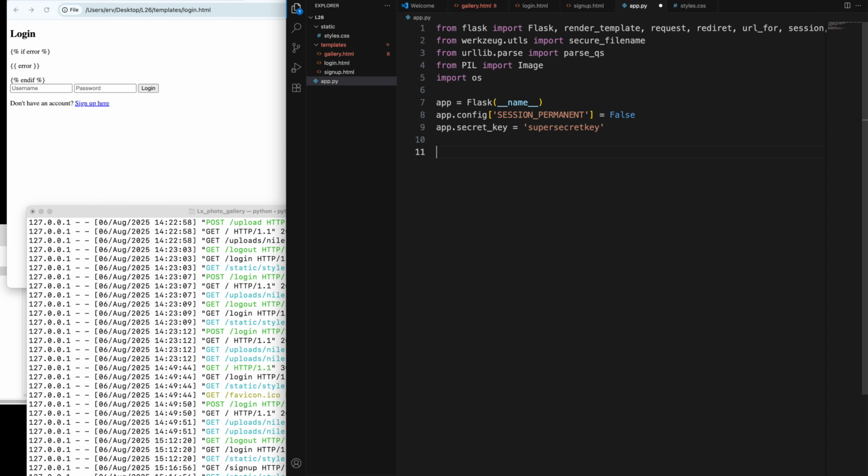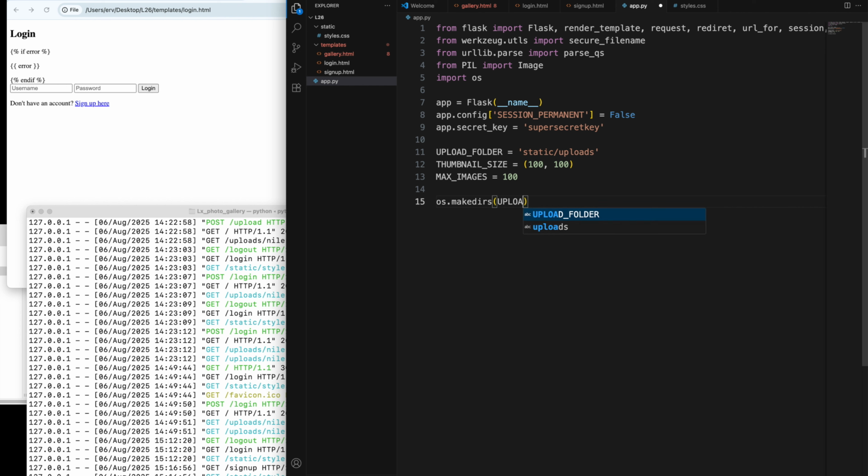Next, we create global variables. UPLOAD_FOLDER is equal to static/uploads. Then we create THUMBNAIL_SIZE, that is equal to 100 by 100, and then we have MAX_IMAGES is equal to 100, and then os.makedirs(UPLOAD_FOLDER,